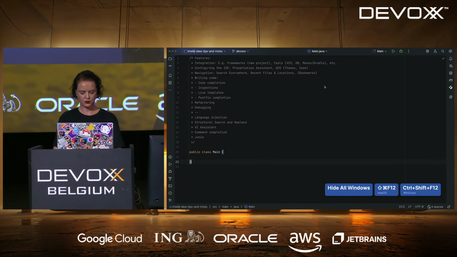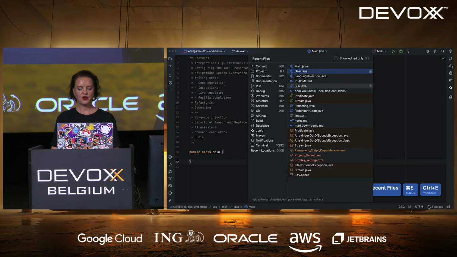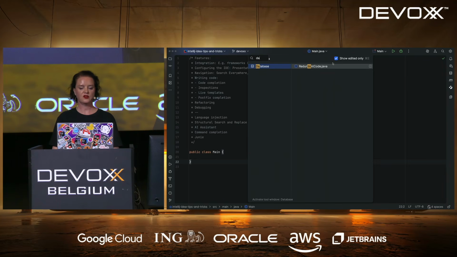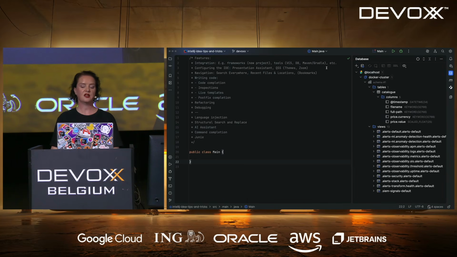I'm also going to close all the windows. We can use recent files to look for recent files. And if we use that same shortcut twice, then it will select show edited only. So we can go to different files, but we can also use it to look for windows. Some of the windows have their own shortcuts that we can use to open and close them. But also we can search this list and, for example, open the database window where you can set up data